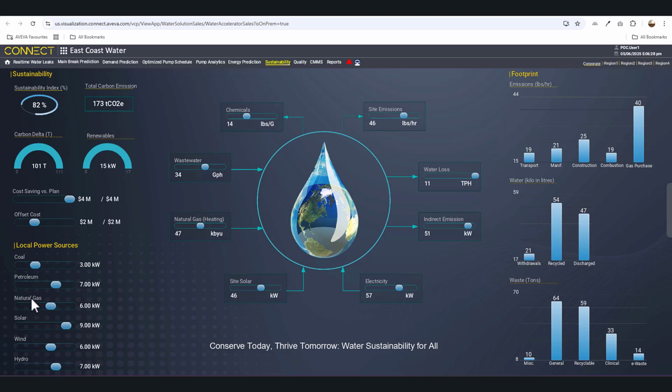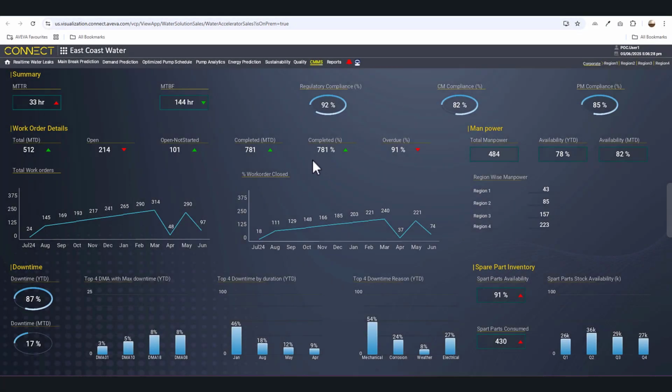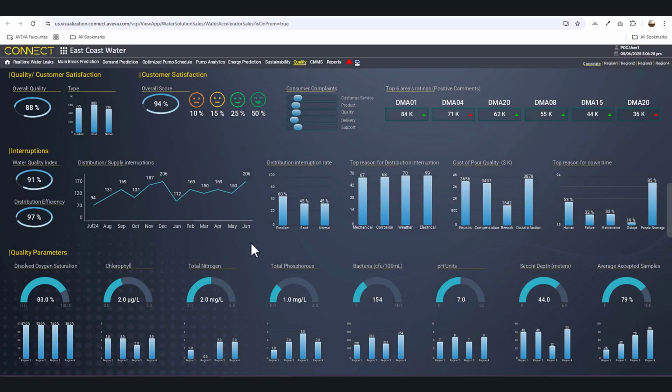water distribution optimization. When it comes to maintenance insights, the solution can track and aggregate associated maintenance system KPIs such as downtime, mean time to repair, and mean time before failure. And water quality parameters like pH, nitrogen, and others can be monitored to limit deviations, achieve regulatory compliance, and ensure